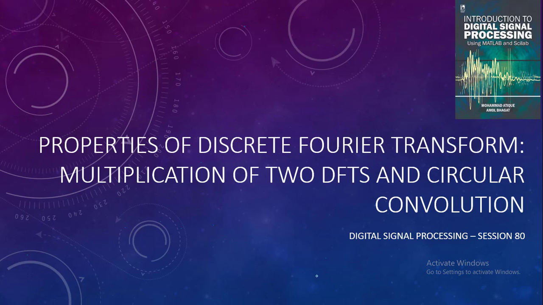In the previous session, we were discussing the properties of the discrete Fourier transform, where we have seen the periodicity and linearity properties. Today, we'll be discussing another property, which is also called the multiplication of two DFTs, and is also referred to as the circular convolution property. So, in today's session, we'll be looking at